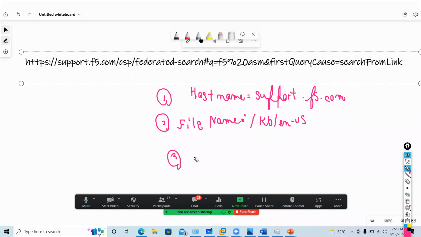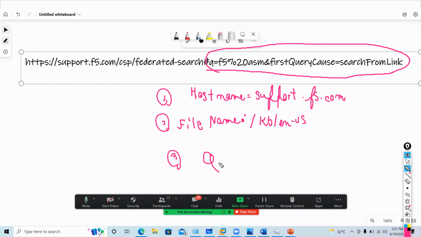What is the query string? So query string is this one. I want to search all articles related to ASM. That is called my query string or a parameter. So this is how an ASM builds the traffic flow.